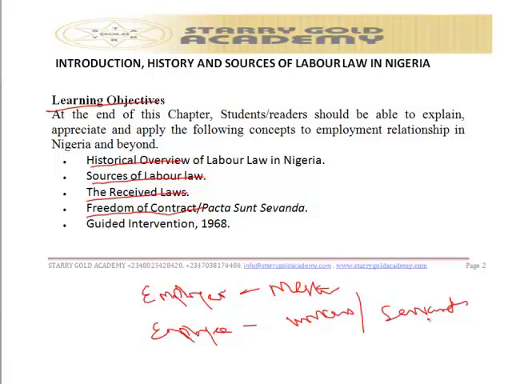The essence of this regulation is to actually prevent friction and create a conducive atmosphere for industrial harmony, efficiency of labor, and high productivity. Not only that, it's also to engender profit maximization, socio-economic welfare of workers, and economic development, which has a multiplier effect on improving the standard of living of the larger society. Not only that, this labor law is basically to put things in order in our work environment.